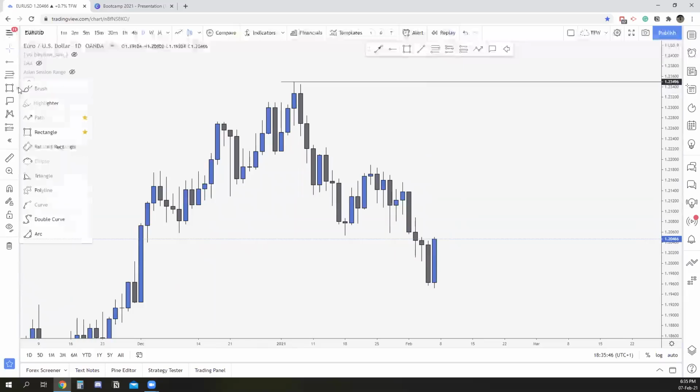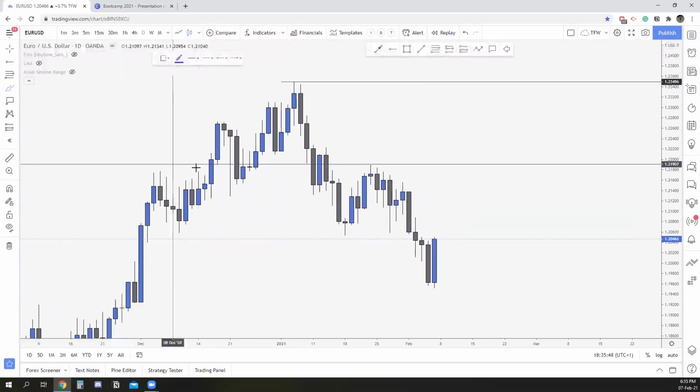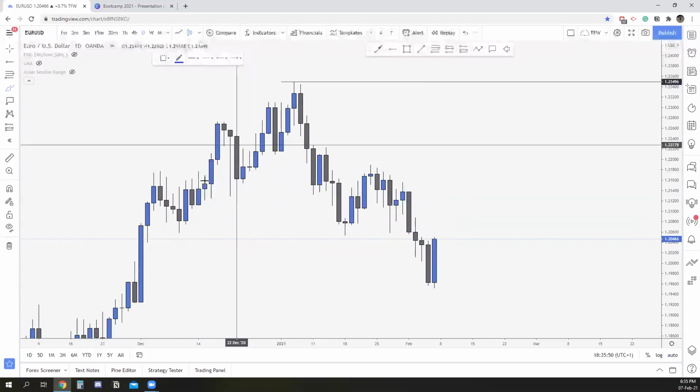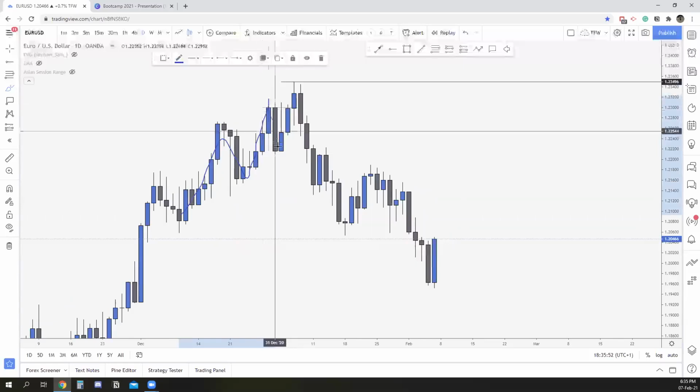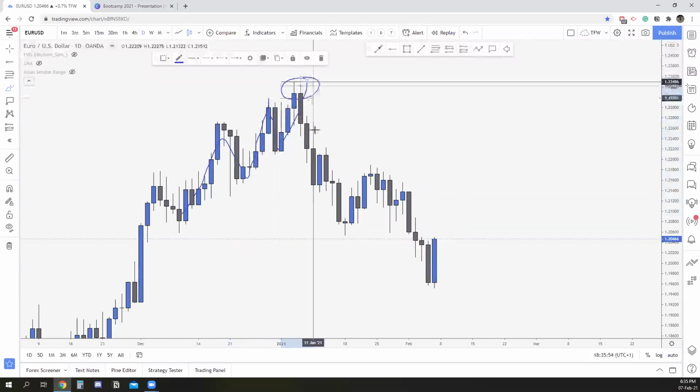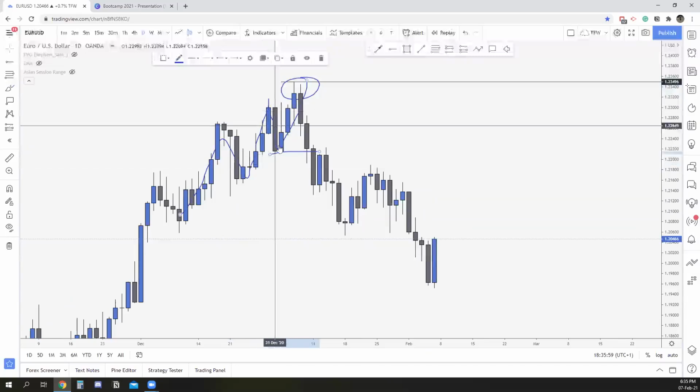I really want you to focus on that because market structure is crucial. What has this market done so far? It was pushing in an uptrend, higher high, higher low, creation of a higher high. Where is your last higher low? It's right there. How do I identify this one? Well, it's a clear pullback.